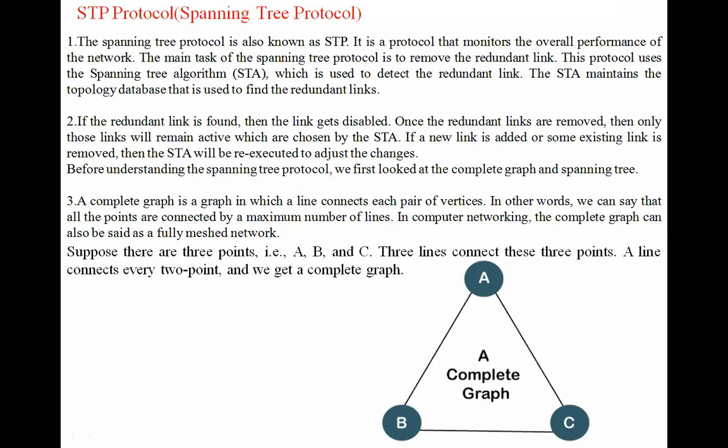The network, we can call this a particular switch. This is the root bridge. Here it is connected from A. There will be a root bridge, so there is a main server connected. This server is connected to B, B is connected to C, and C is connected to A. For example, between B and C, the link has been damaged due to some problem.